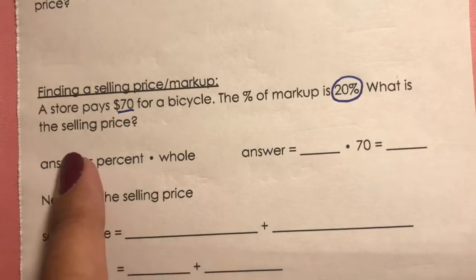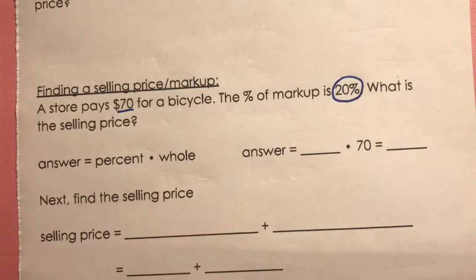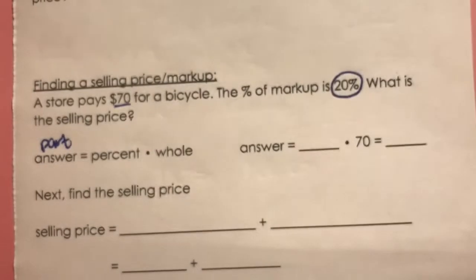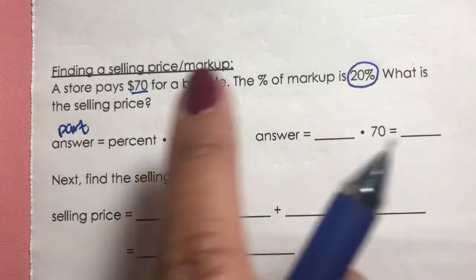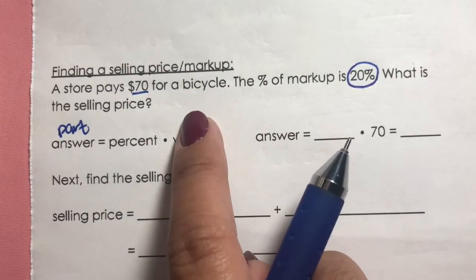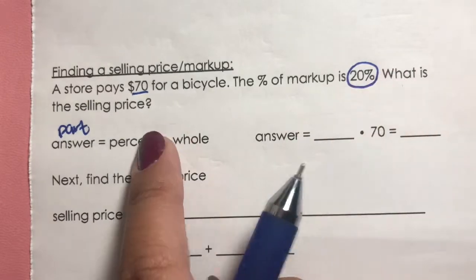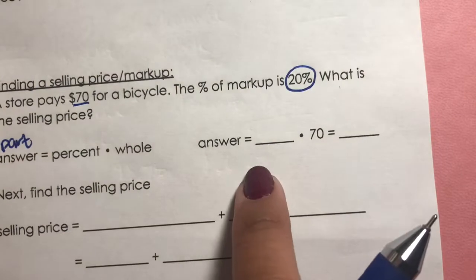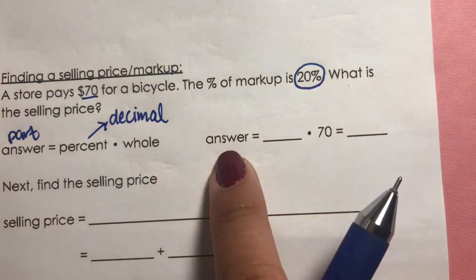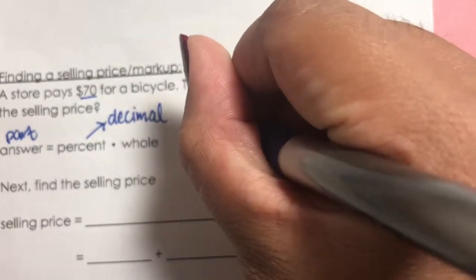Again, our answer equals the percent times the whole. The answer is our part, and we're looking for the part. We know our whole, which is $70, and we know our percent, which is 20%. Remember, the percent is going to be a decimal. So the answer, or the part, is going to equal